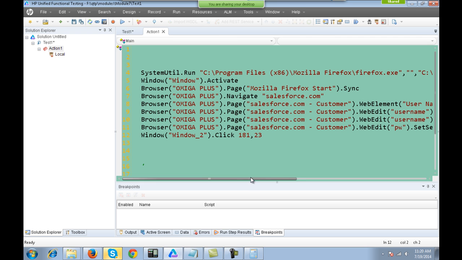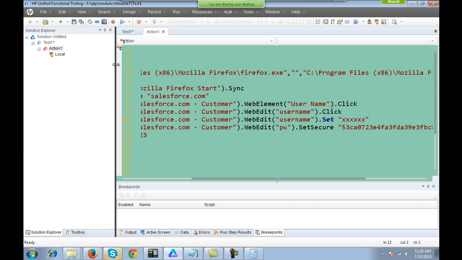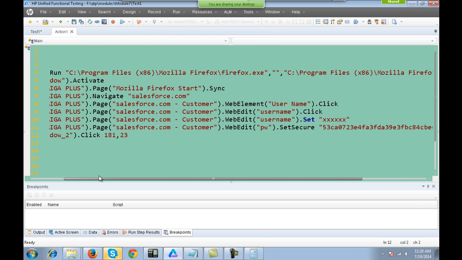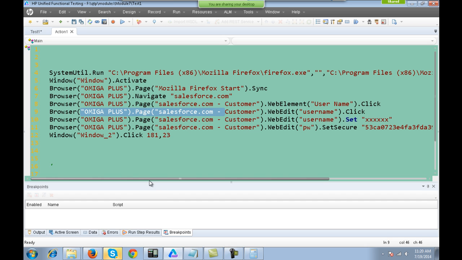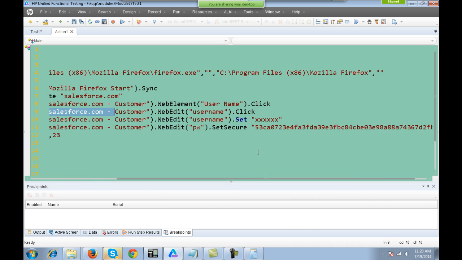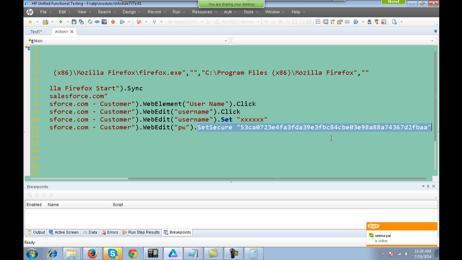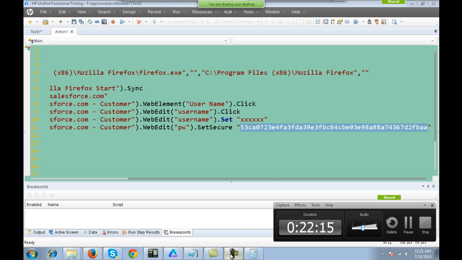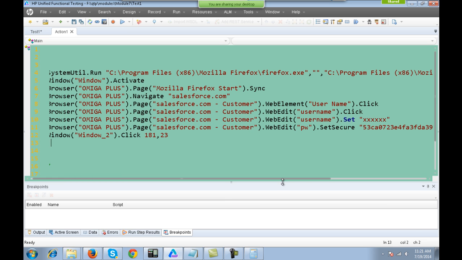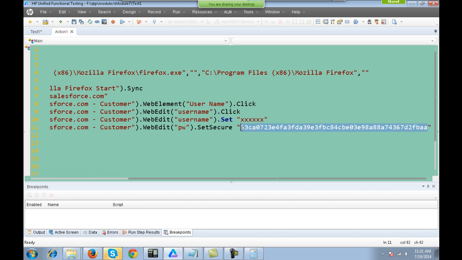Now inside UFT, I don't want to take up explicitly one line at a time, and I don't want to tell you what the script is doing, but at this stage, understand the point that this line is setting the username and this line is setting the password. Look, UFT automatically encodes the password which you enter into the password field, and you will not be able to see the password directly over here.